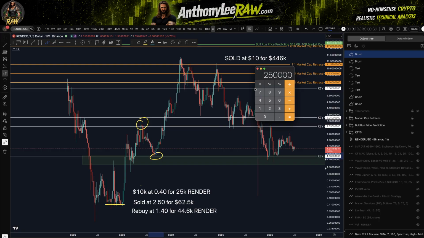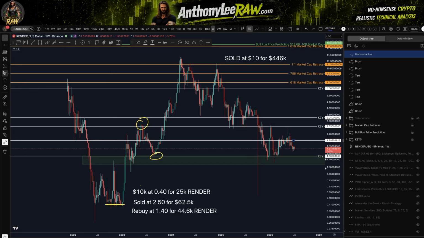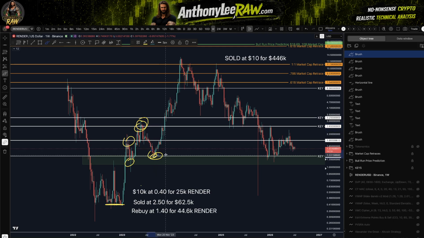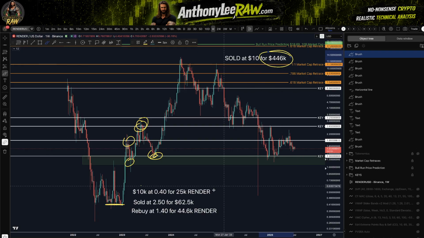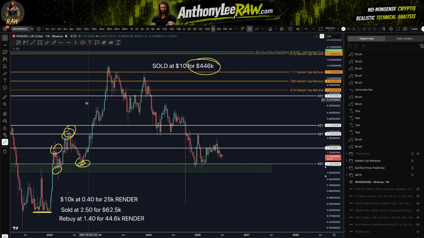If you did another trade in there, and we had another level in there, I just erased it whenever we first started, but if you go back and look at the beginning of the stream, we had a trade there, so you could have actually gotten two of these trades in here. Sold here, rebought there, sold there, rebought there. But anyway, yeah, you made $446,000 from a $10,000 investment because you got in one of these macro trades. And these levels are a little different back here from what I'm showing you because we've added to the market, but these white key levels are going to be the levels that you're going to need going forward to do these macro trades. And let me tell you something even more important, guys.